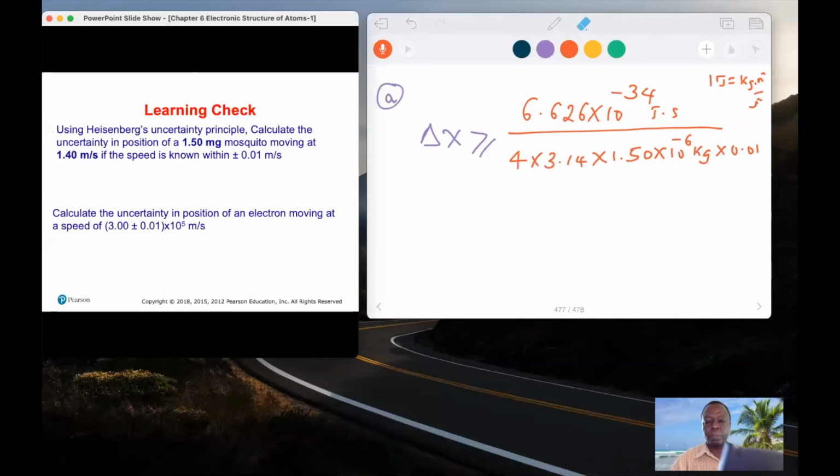Divided by 4, divided by 3.14, divided by 1.5